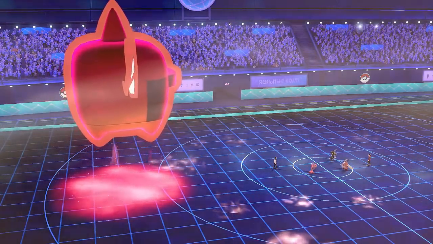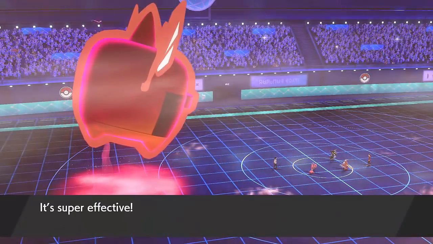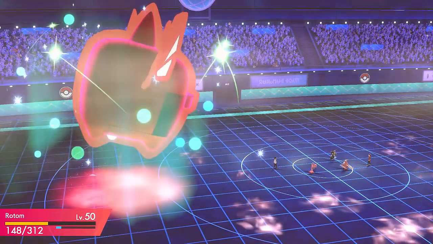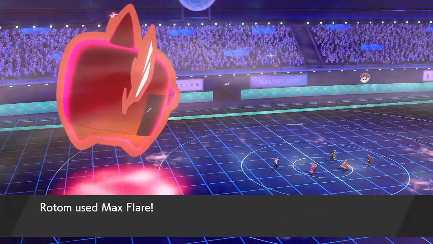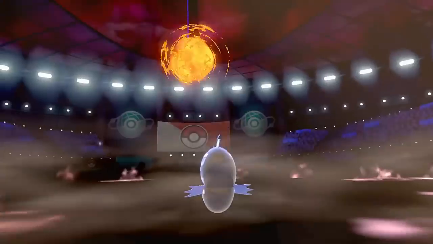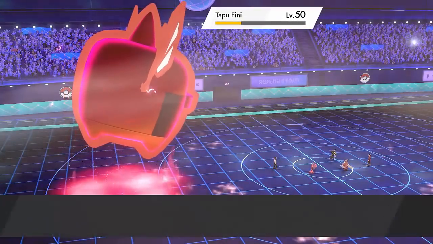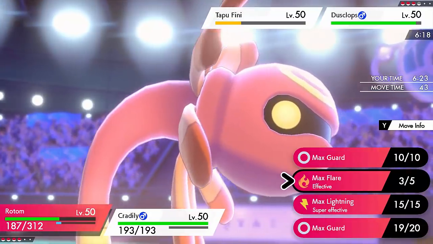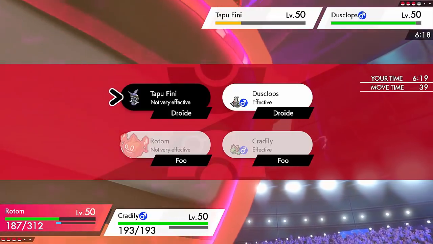So this is showing you against a team where I've stalled out their Glastrier Dynamax and eventually taken it out with a Rotom Heat. Now they just have to rely on their Tapu Fini and their Dusclops to close out a battle, and my Cradily is in such a good position here. They've given it a special attack boost, there's really not much they can do, and considering that I've got Leech Seed, which really helps me beat down the Dusclops too,